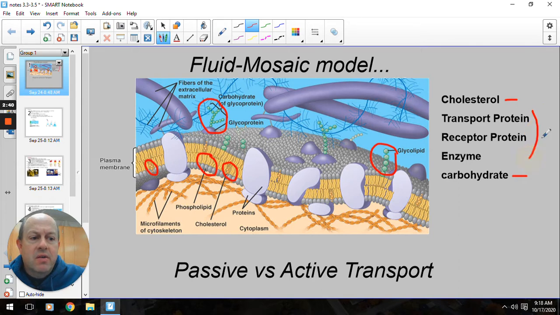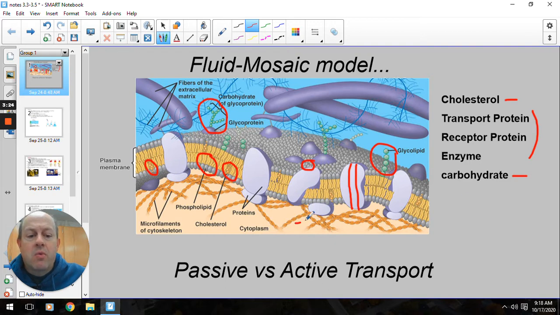The last parts of the cell membrane are going to be all proteins. And so they'll have different jobs. The transport protein is going to go all the way across the cell membrane, and it usually has some sort of channel that it can act as a doorway to allow things to get across the membrane. Other types of proteins are receptor proteins. Sometimes something will come and hook on the outside, and it doesn't transport the actual molecule across, but what it does is give a message that goes across. And then enzymes are also going to be proteins, and so sometimes a substrate molecule will come